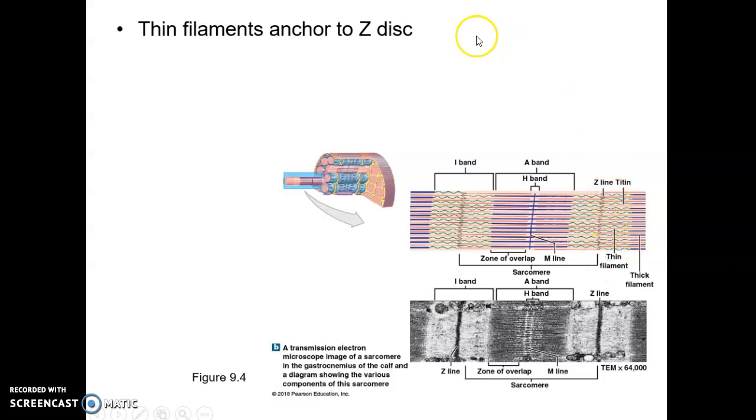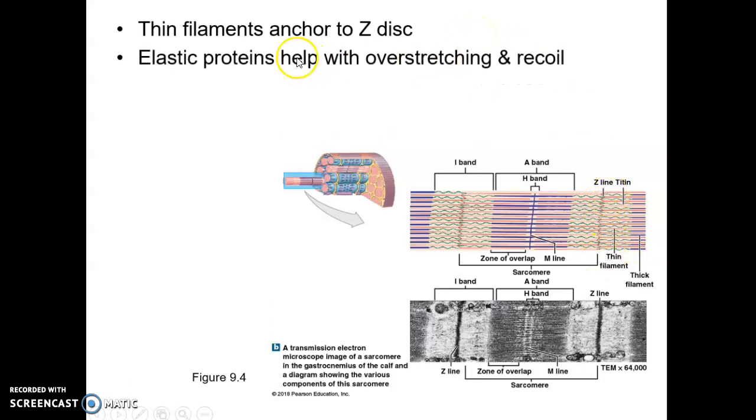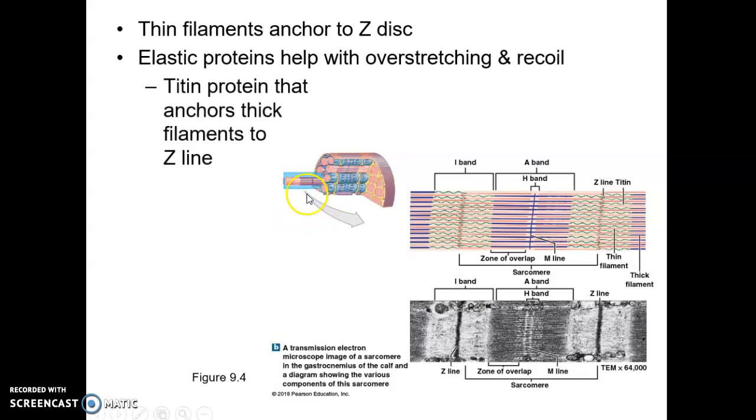And there are elastic proteins, think of rubber bands, that help with overstretch and recoil, and that's what you see in green here. And that's what gives the muscle fibers, and technically the myofibrils, their elasticity. So there's a protein called titin that anchors the thick filaments to the Z